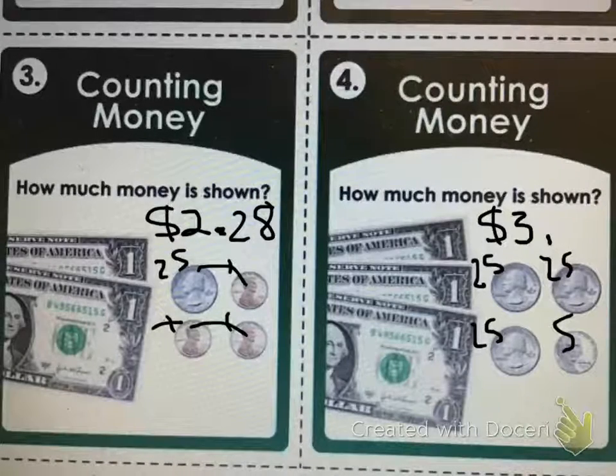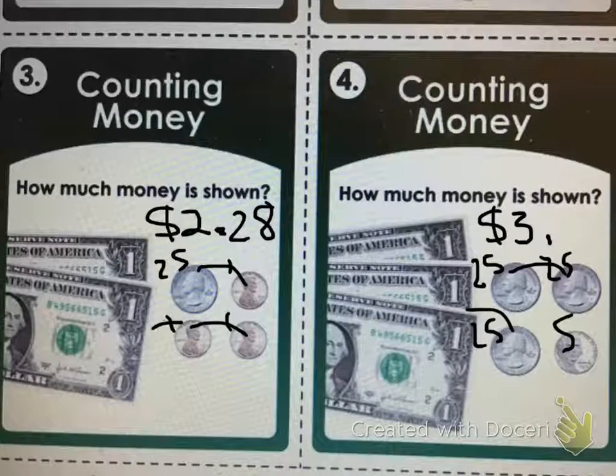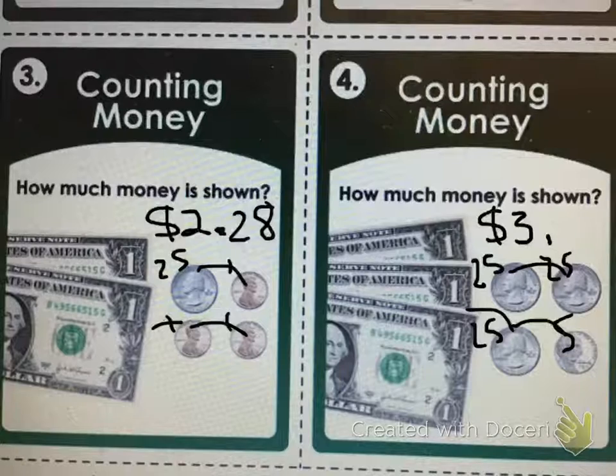Okay, so I need to count by 25. So again, if I have 1 quarter, it's 25. If I have 2 quarters, that becomes 50 cents. And if I have 3 quarters, that becomes 75 cents. Then I need to add a nickel or 5 more cents, 80 cents. So right now I have